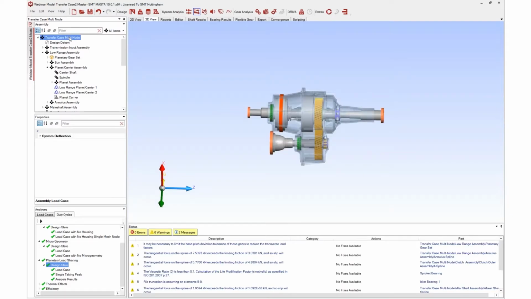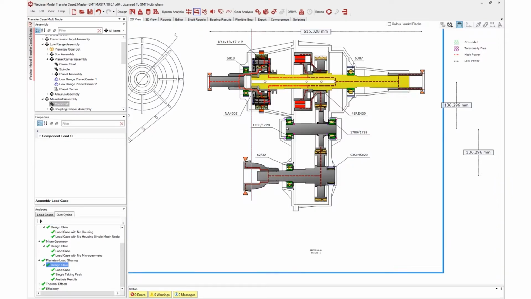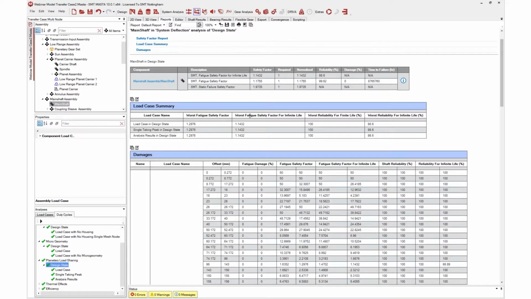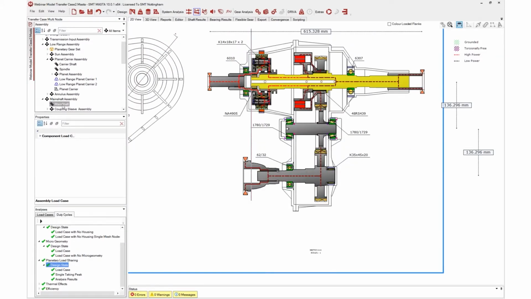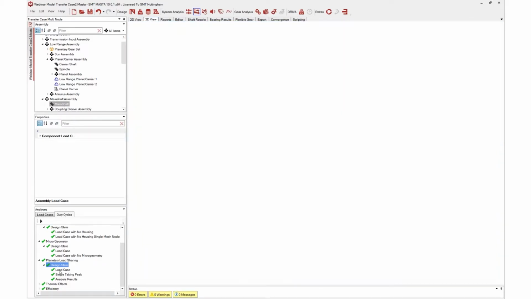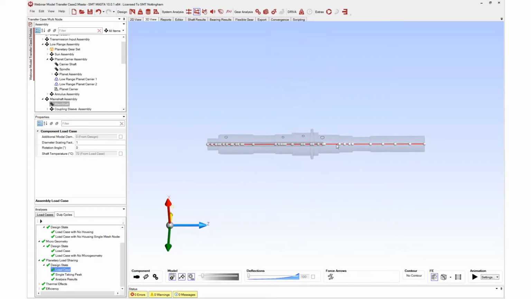So after that we can move on to shafts here. We can have a look at the reports on the shaft. So we can have a look at the deflections on the shaft, and as I said before, this gets turned into a single beam, the Timoshenko beam model, and into a series of nodes here. We can have a look at the deflection at each point here and the stresses that are put upon the shaft at each point